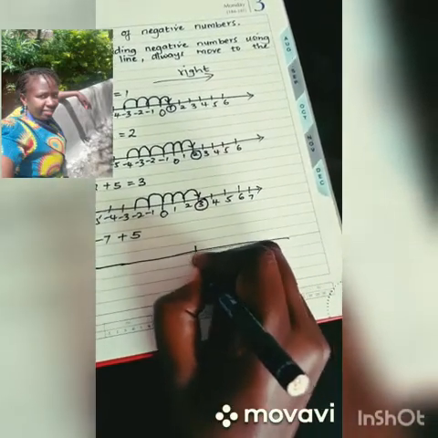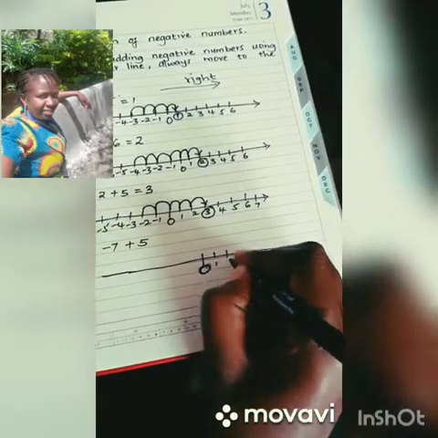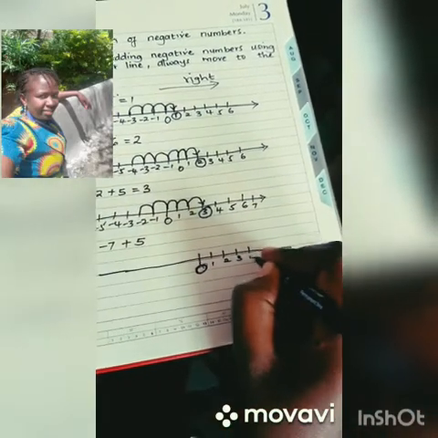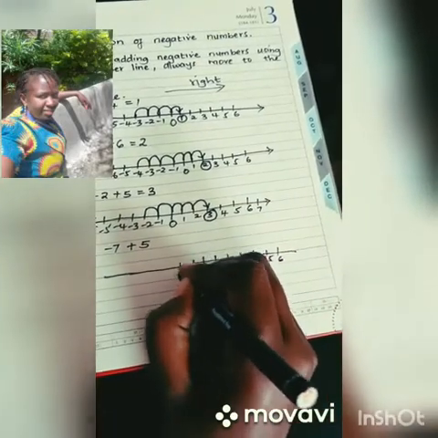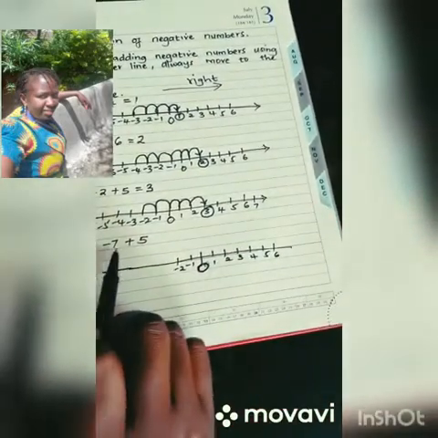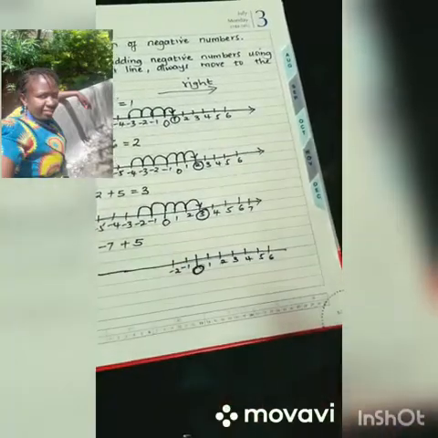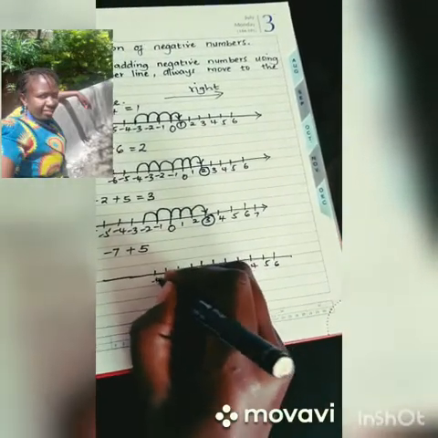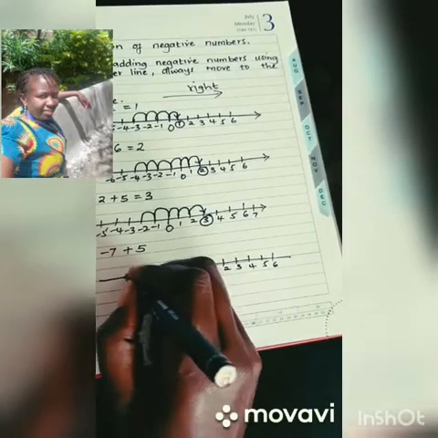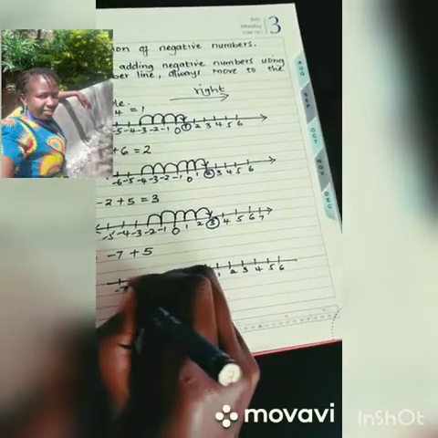This is 0. 0, 1, 2, 3, 4, 5, 6. -1, -2. You must have -7 on the number line because that is the starting point. So -3, -4, -5, -6, -7,